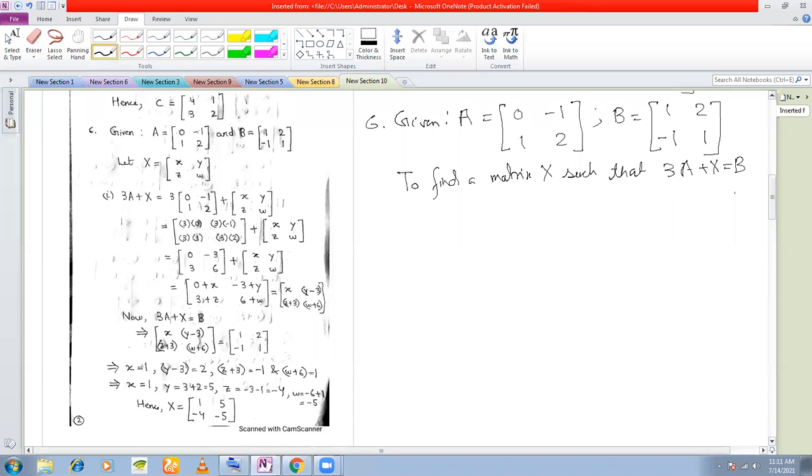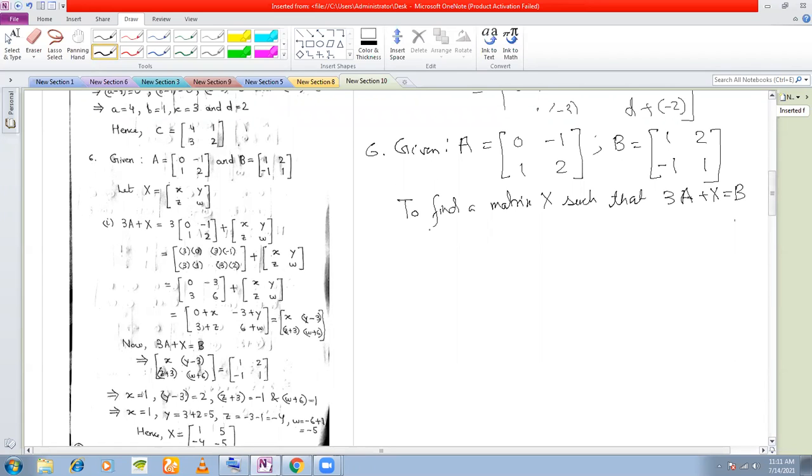Okay, this can actually be done in a very easy manner. Once we do matrix multiplication, I will show you that this can be done more easily than what I'm doing here right now. So you need to find this matrix. Now see, we are adding 3A with X. So clearly the order of A and the order of 3A will be the same, which is order 2. So X will be of order 2 also. So I can start by saying let X is equal to X, Y, Z, W. We can take A, B, C, D also, no problem.